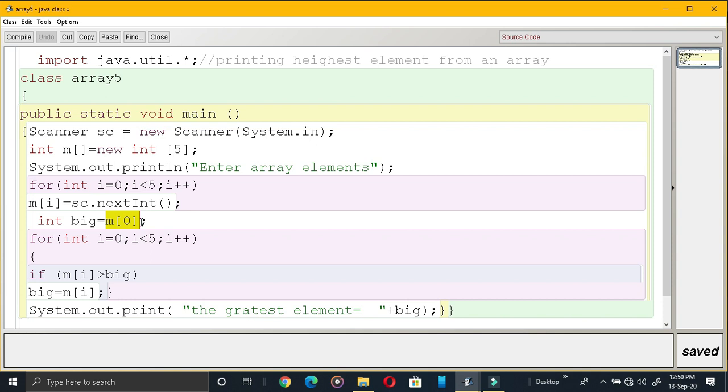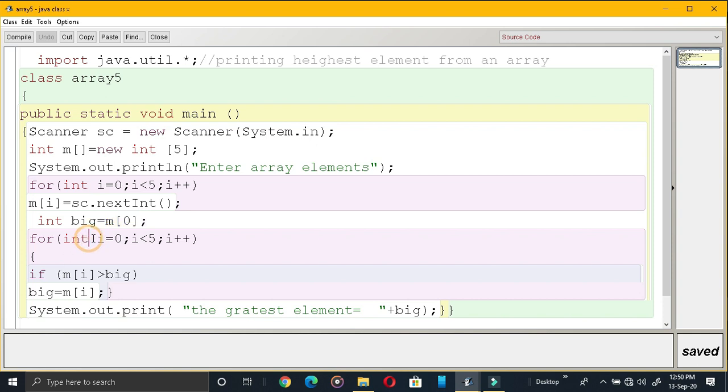If you give big is equal to 0, there will be a problem with the minus numbers. That's why I kept m of 0 as the initialization. That means the first location number, the 0th index position number, will be considered the biggest one. So this program will work for negative as well as positive numbers.